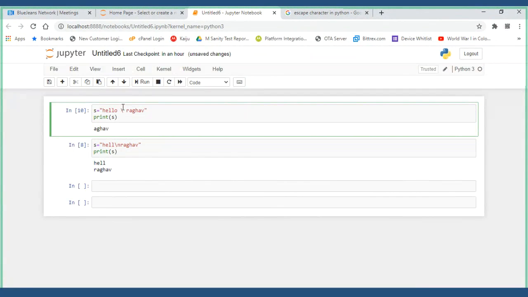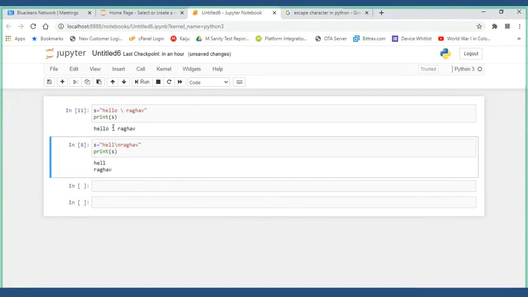Slash r means carriage return, slash b means backspace. And there are some others also, like slash double quote, which means you put a double quote from here. But if nothing is there, then it will just print it as usual.